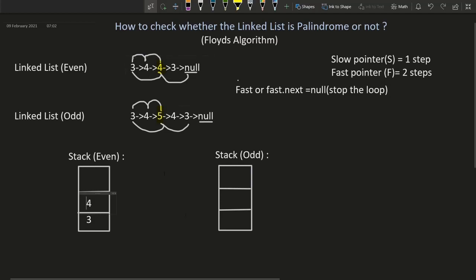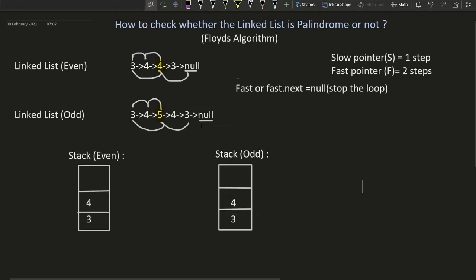In the case of odd, I'm going to add 3, and then 4. We should not add the midpoint. We just need to add the elements before the midpoint, and then after that I'm going to traverse the linked list further. We will see next how to do that.